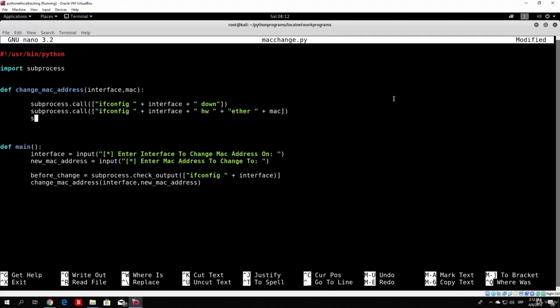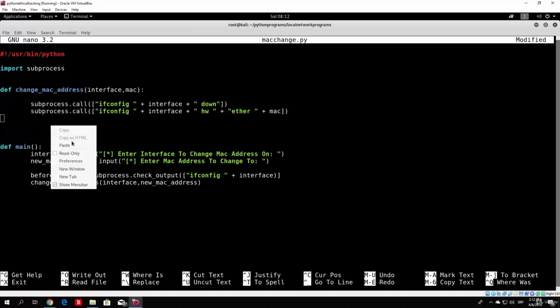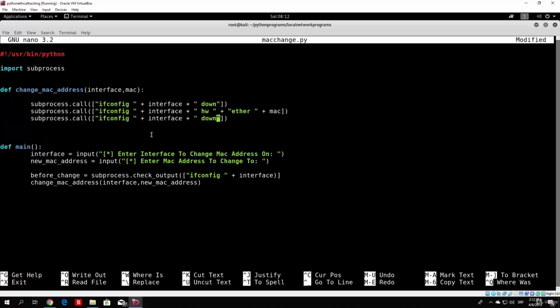And all we want to do is actually call the same thing right here, just to put our interface up. So we paste this, and all we have to do is change this from down to up. And this is the entire function of changing the MAC address. So all we want to do is actually call it right here, which we did. We called it on the interface that the user specified, and we called it on the MAC address that the user specified. And all we want to do right now is add a variable which will be after_change